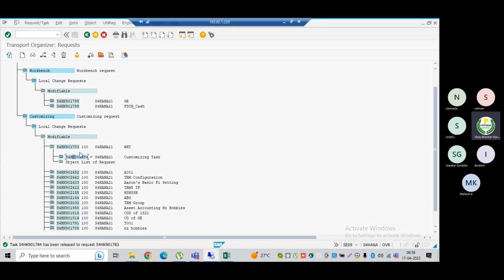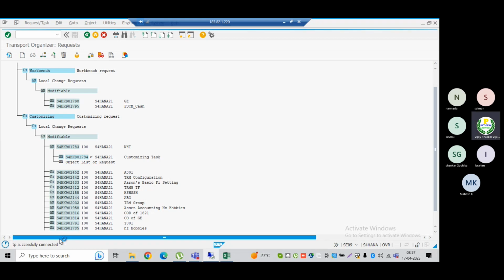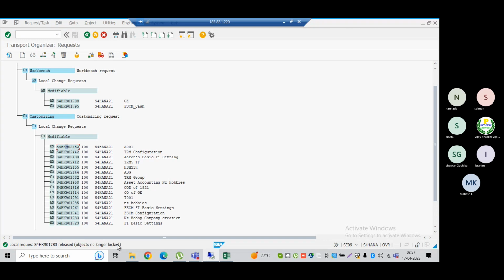Now come to the main transport request, because this is the child transport request and this is the main transport request. Click on this one. Now the system is releasing the main transport request. Local request released, no longer locked.